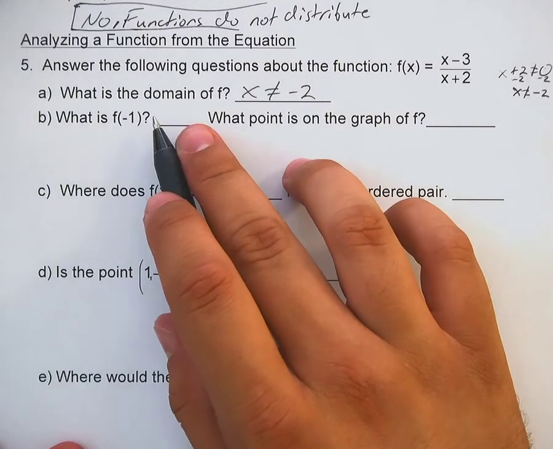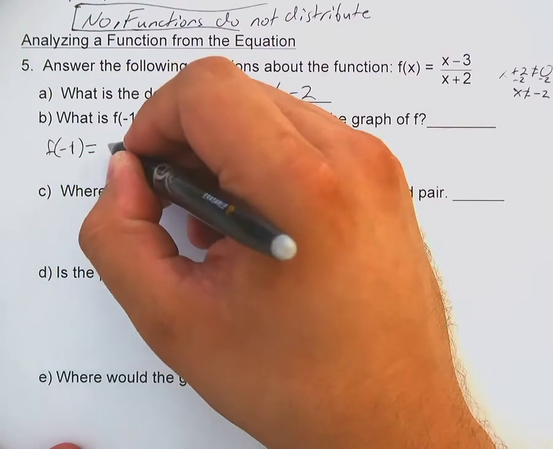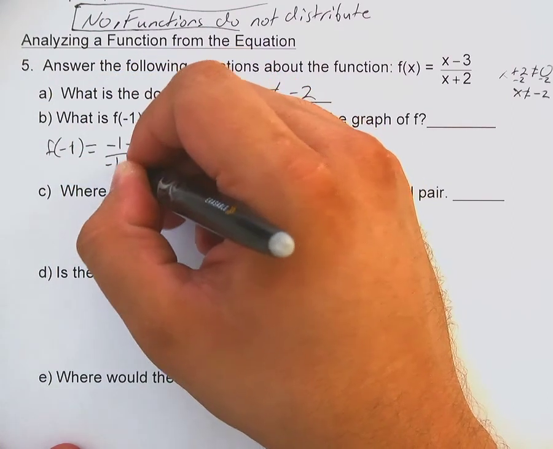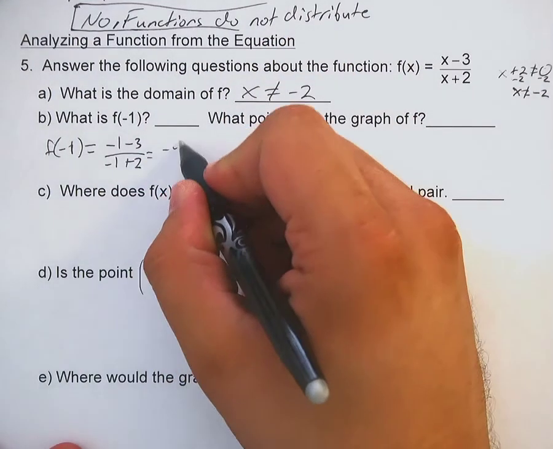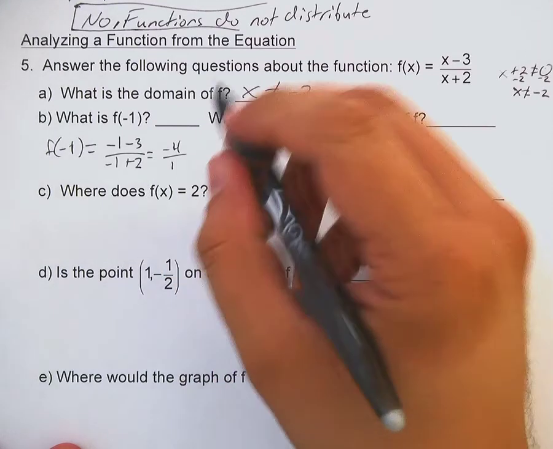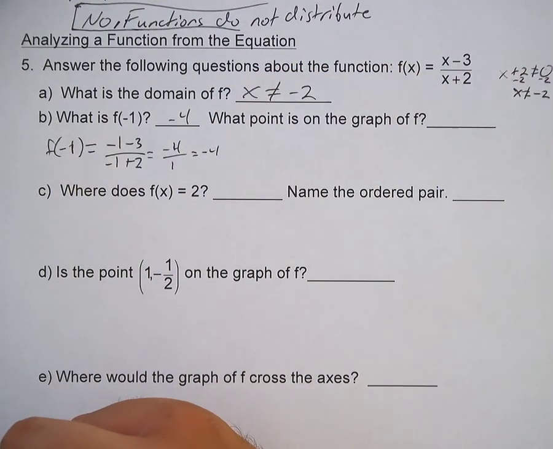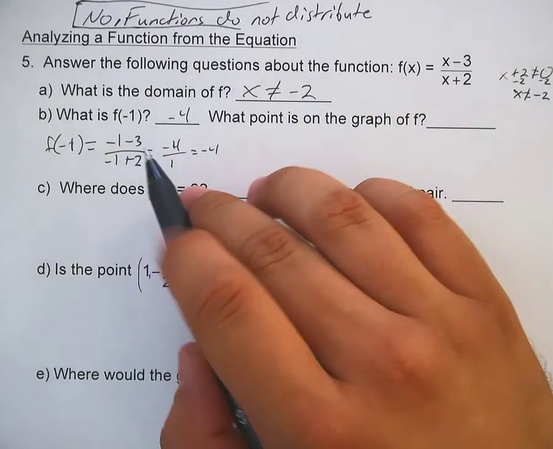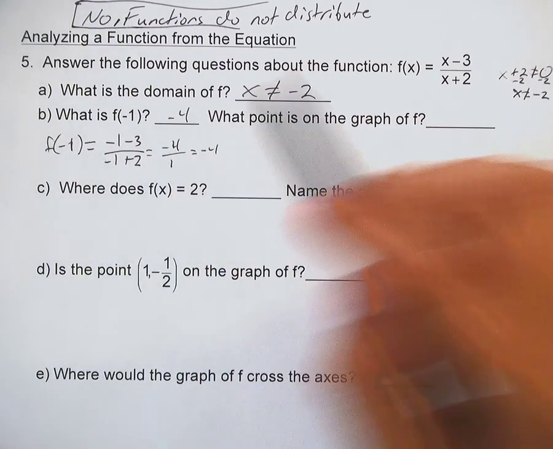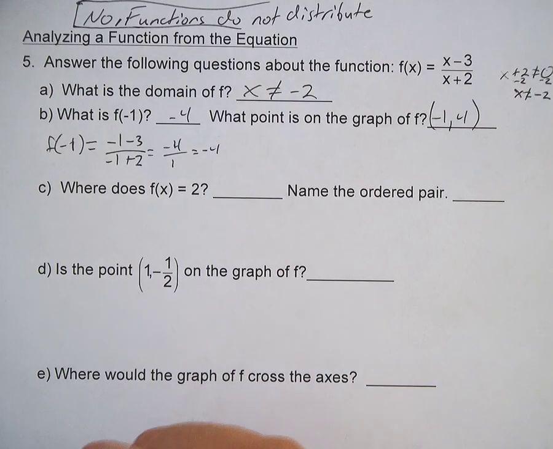What happens if you plug in a negative 1? F of negative 1. Plug it in, see what happens. Negative 4 over 1. Or just negative 4. What point is on the graph of f? What point does this represent, what we just did? We put in an x, we got a y, so our point is negative 1, negative 4. Where does f of x equal